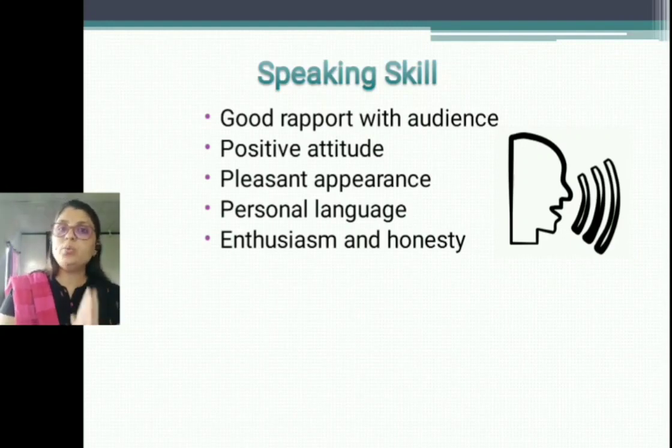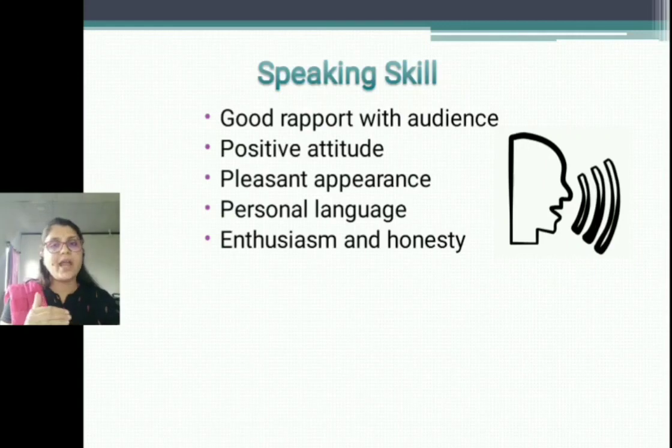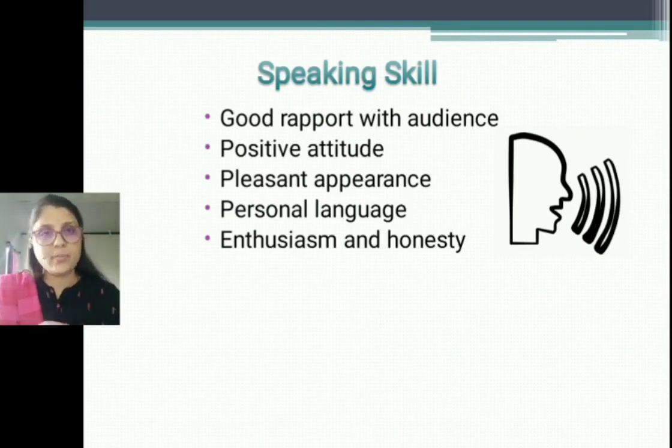So whatever information they want to give regarding any product or anything related to their enterprise, to the audience, the customer, the supporter, the organizer, or those persons related to their enterprise, speaking skill is very important. It is also important when they want to attract more customers to their enterprise, or while handling the management in their enterprise with their workers and employees. The relationship between superior and subordinate depends very much on speaking skill, that is, the communication skills between the two persons. So this is about your speaking skill.